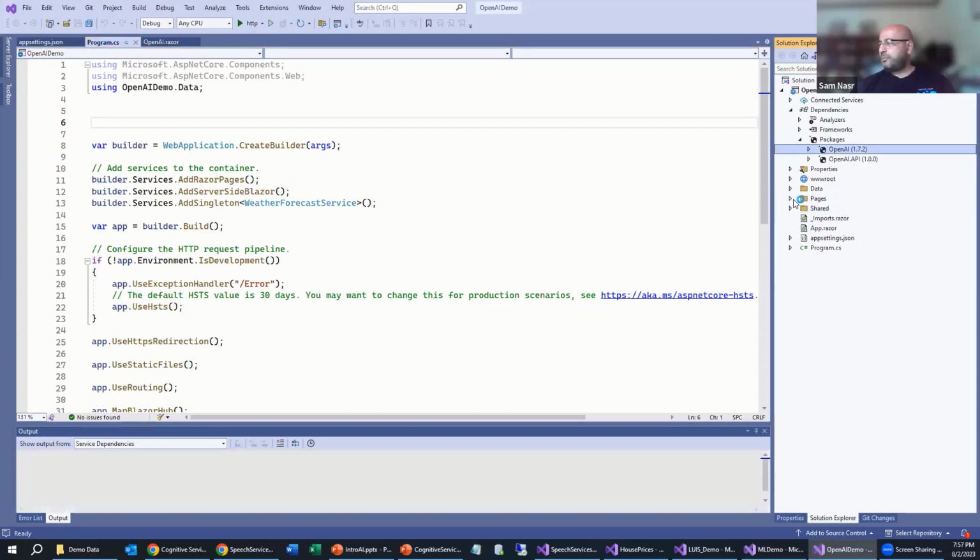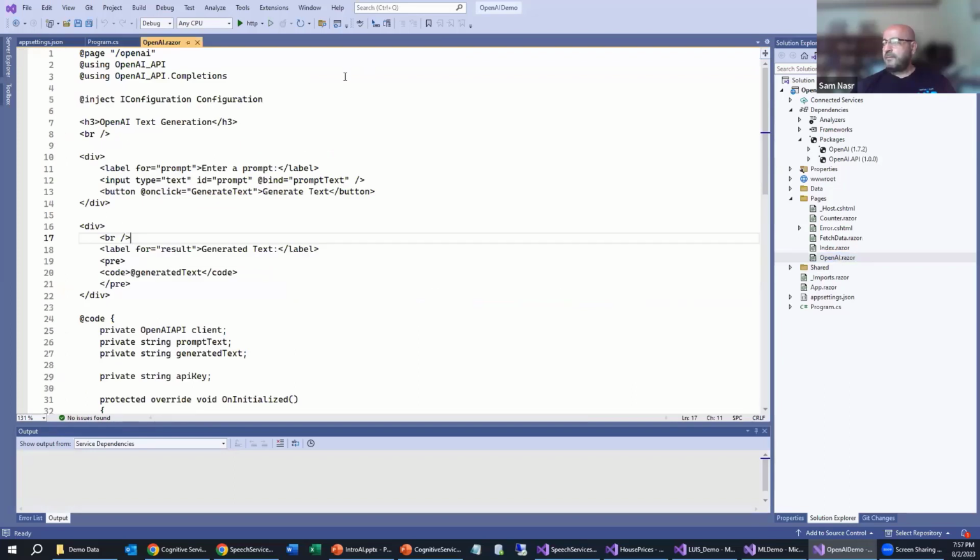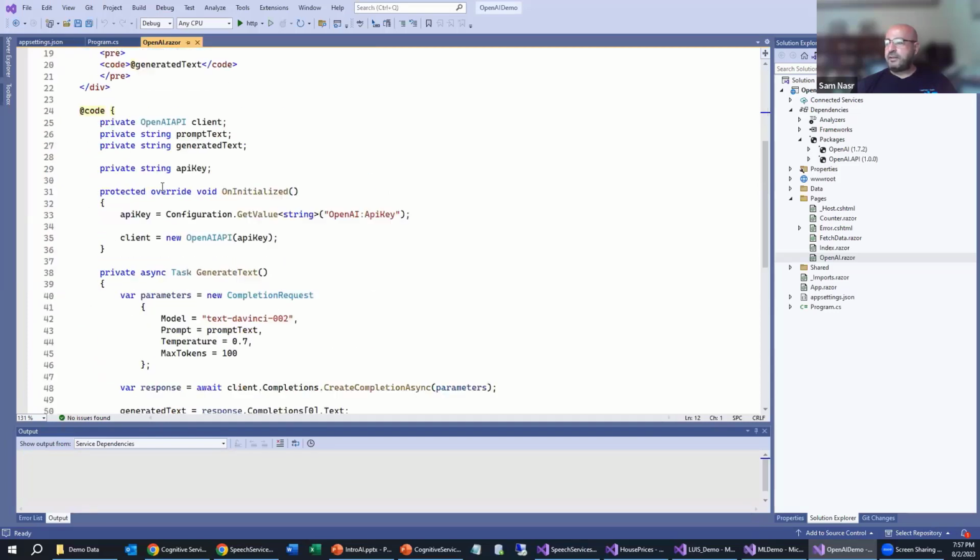Then I went over into my pages and I created an OpenAI Razor page. Within here, I'm essentially referencing some things within the library. Then I'm prompting the user for some text. And then I'm displaying the generated results on the bottom.